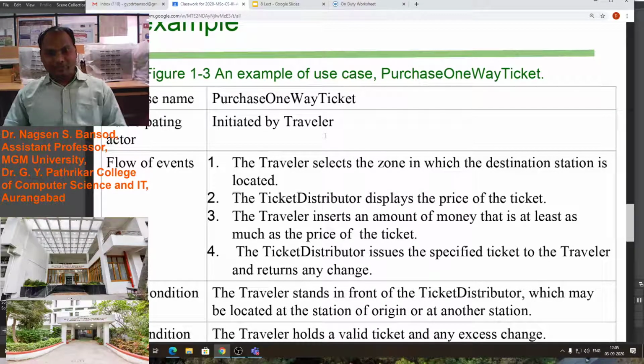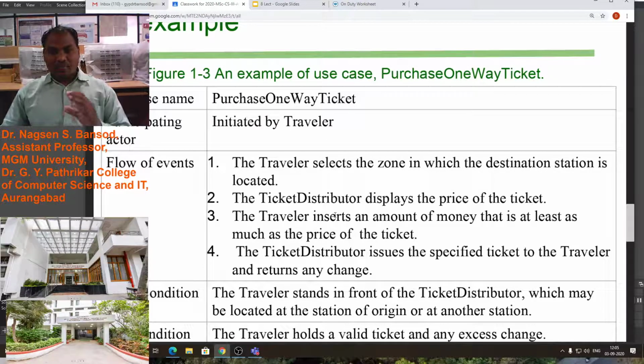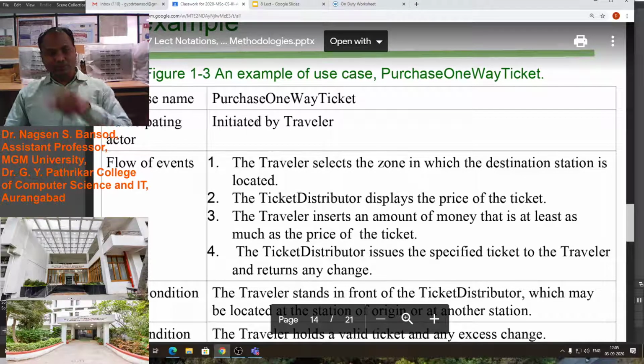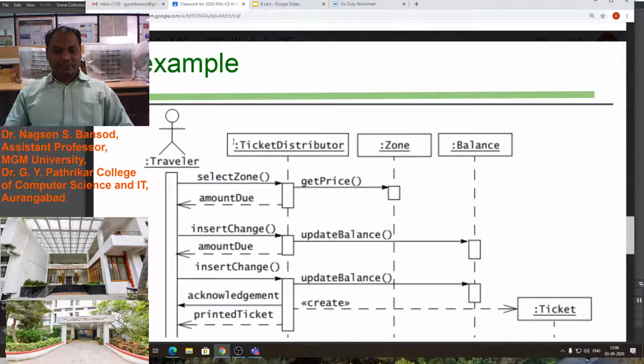To purchase a one-way ticket, we have created one story, that is the scenario, and the name of that scenario is the use case. What is the name of that use case? Purchase one-way ticket. We have to draw this in one circle or oval shape. This entity we have to place into the use case. We will see this in detail next.